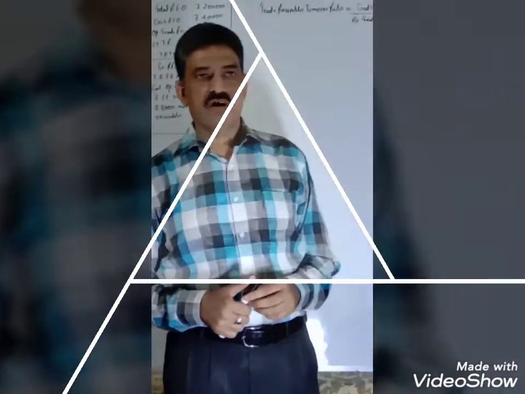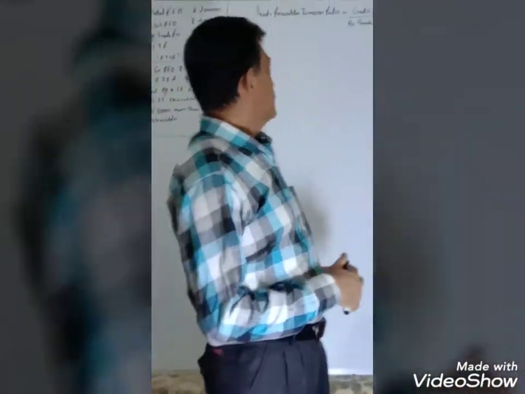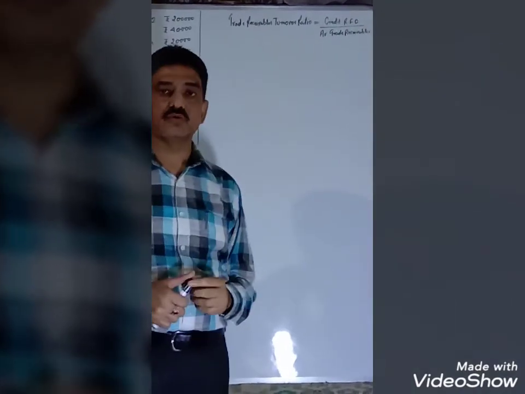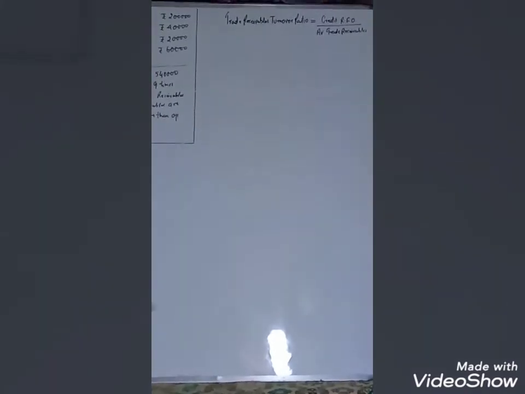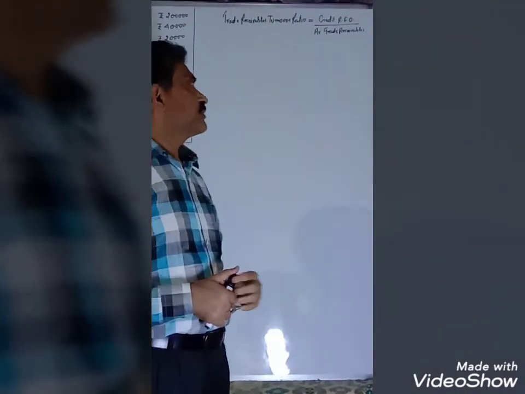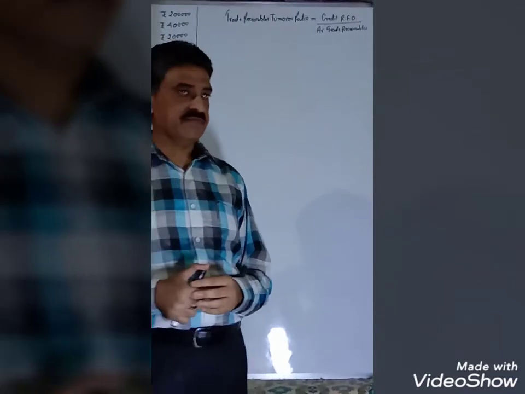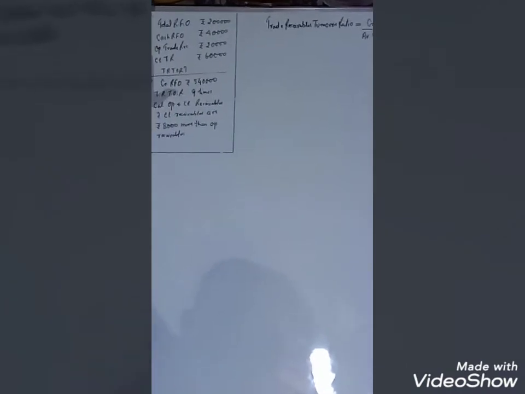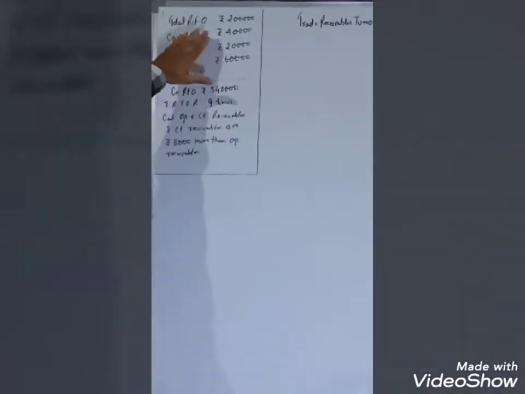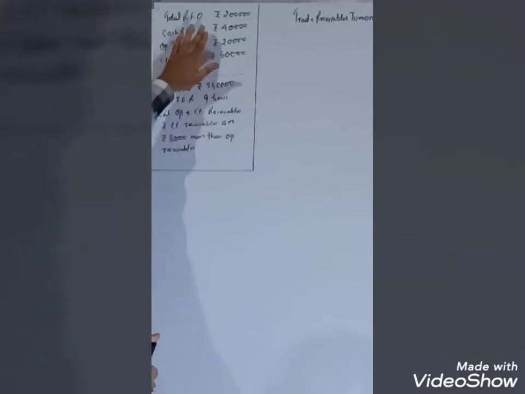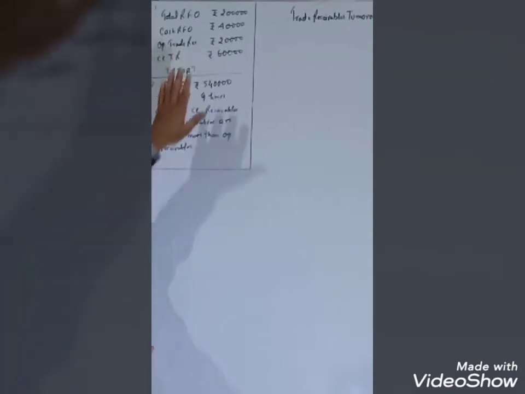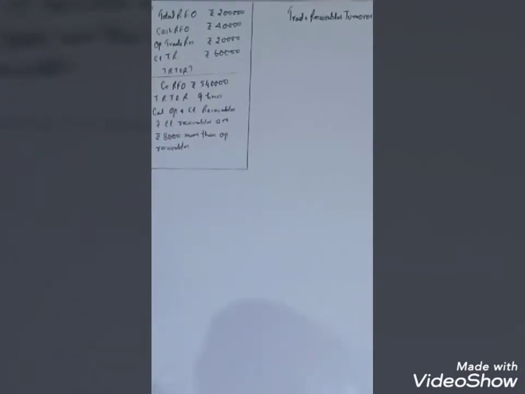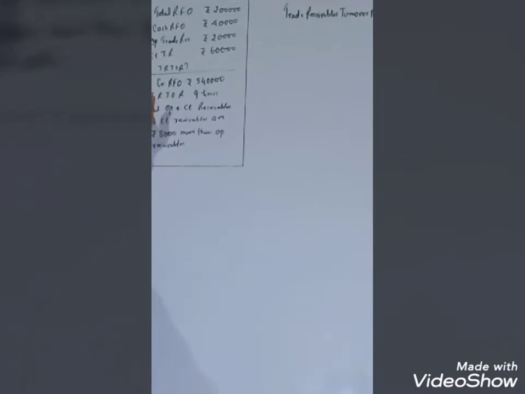Now, another ratio under the activity ratios is the trade receivables turnover ratio. For its calculation, we have to take the formula credit revenue from operations divided by average trade receivables. I have taken the question: total revenue from operations rupees 2 lakh, cash revenue from operations rupees 40,000, opening trade receivables rupees 20,000 and closing trade receivables rupees 60,000. This is the information that is given. Now on the basis of this, we have to calculate trade receivables turnover ratio.